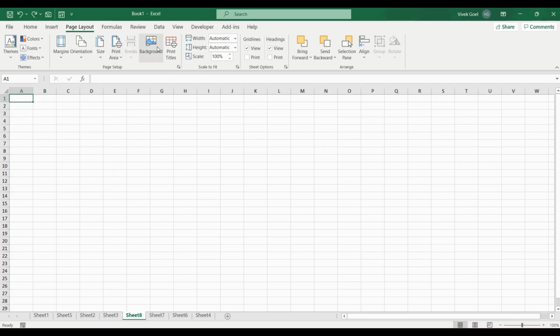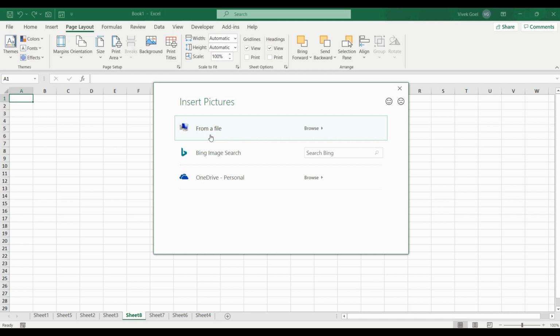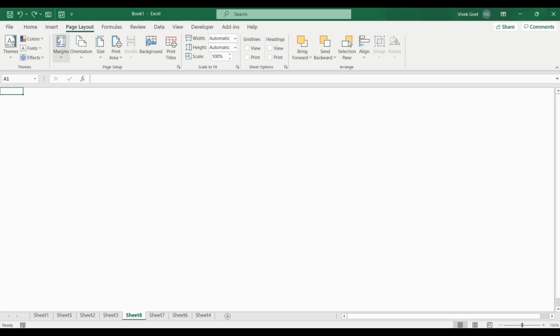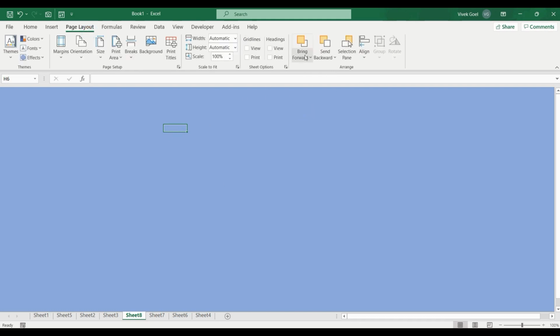Now coming back to background. When we create a dashboard, at times we will choose a custom image to make our dashboard more appealing. Also, we may choose to remove the headings and grid lines to give it a proper dashboard feel for our users. And we will work with objects and layering in dashboards, which we will discuss when we work on visualization.